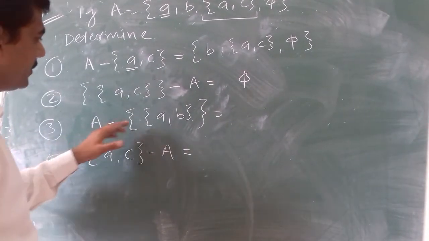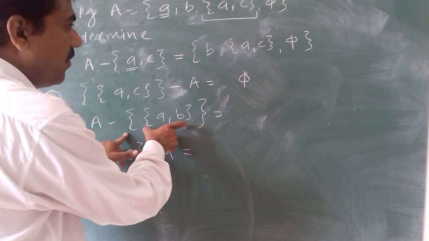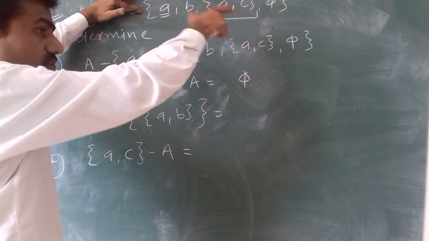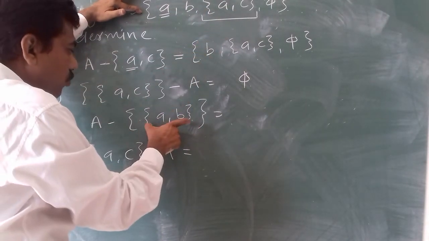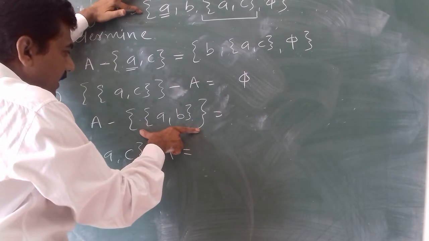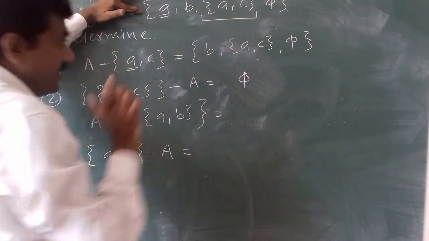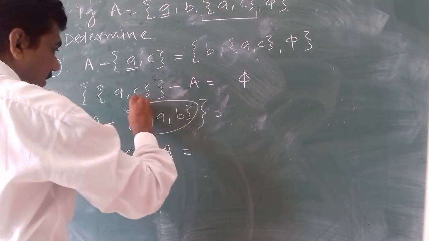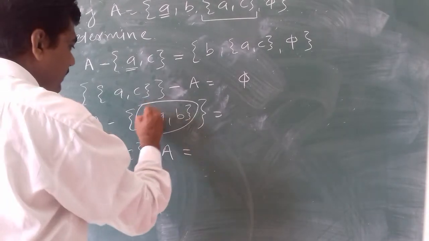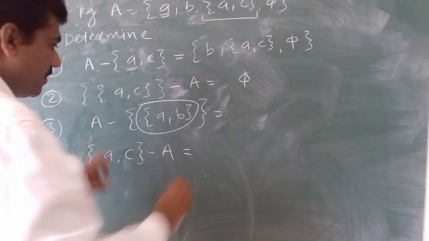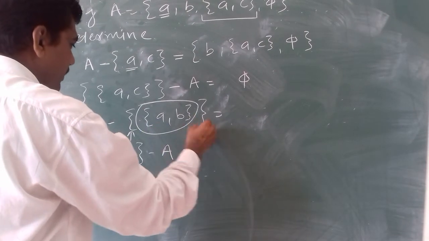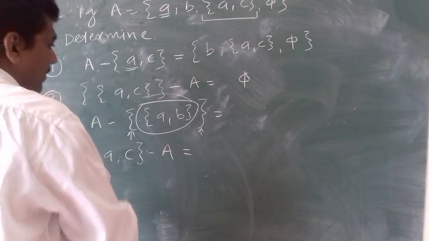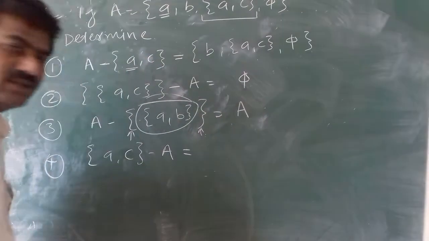Third one, that is A minus the set whose element is A comma B. So capital A is the set, right? So from this we need to exclude, we need to do the minus of this particular set A comma B. It's not existing here. It's not existing in this, right? This is the element which contains the set of this A comma B. This is the set which contains this as an element that is not there in this capital A. So the result will be as it is. It is the capital A.